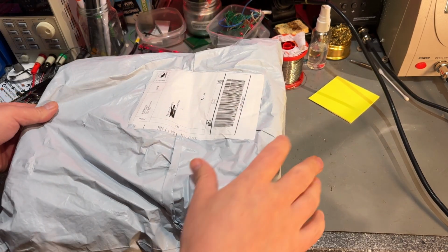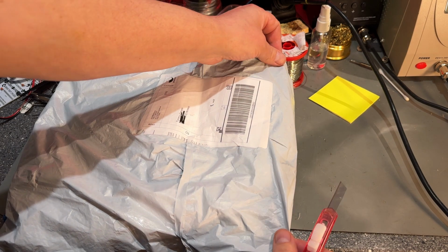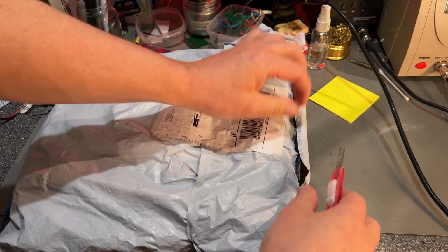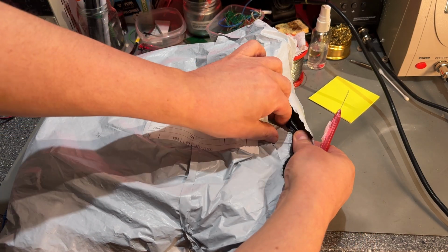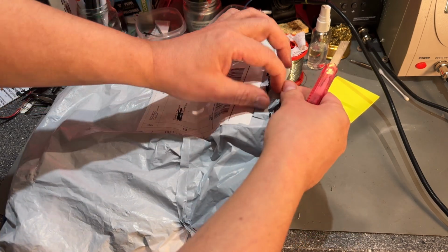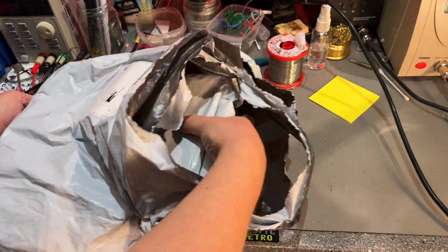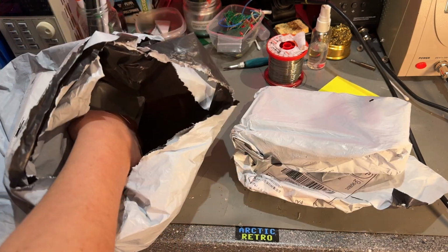Then we have this little, a little bit larger package, also from AliExpress, I think, because I think this is just some smaller packages they collected and sent as one package, just to save the shipping cost, I guess. Yes, there's a package within a package, and